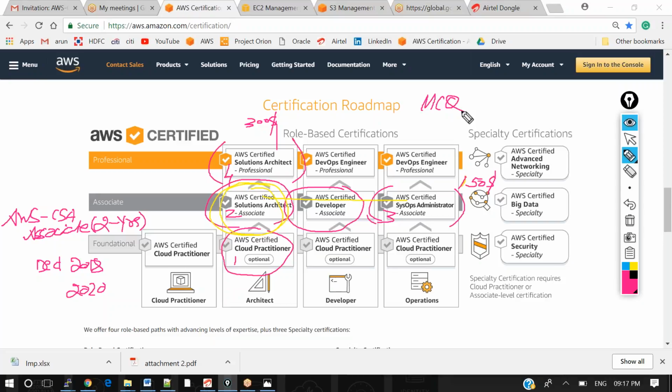My suggestion is that if you do the certification, people will also be checking your technical knowledge of AWS. Let's say I am the recruiter and I get 100 resumes.